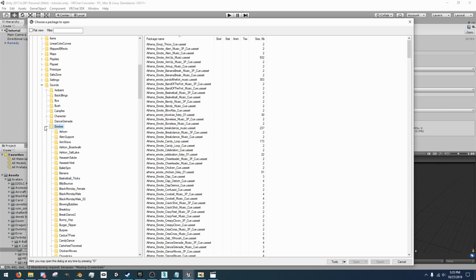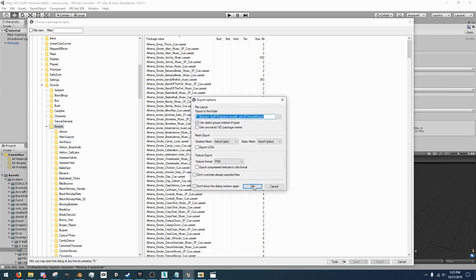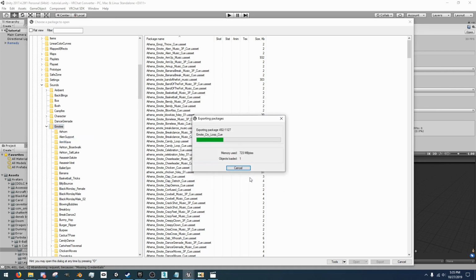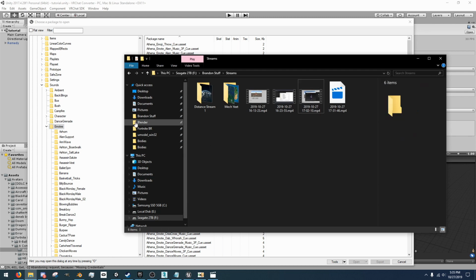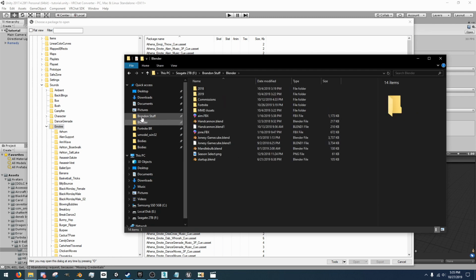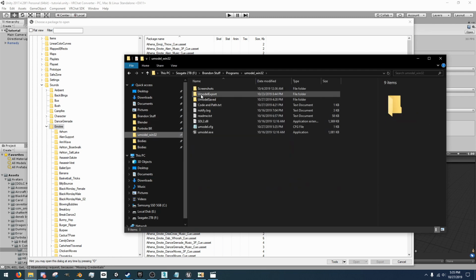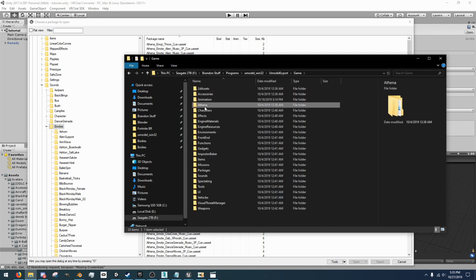Personally, I just export all of them. I just right-click emotes, export folder content, and click OK. Because you can't preview them, what you would be doing is you'd find one, then you'd export it, and then you'd view it. I just prefer to export all of them. It doesn't take too long. You go to UModel, export, game, Athena,